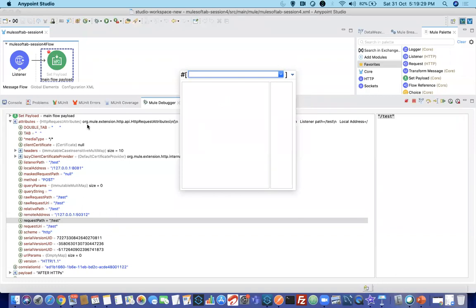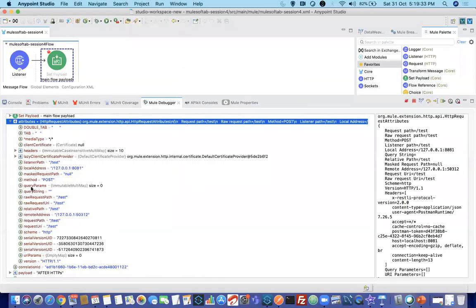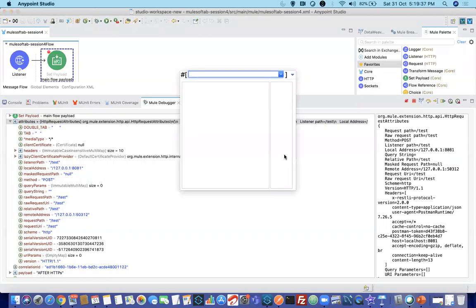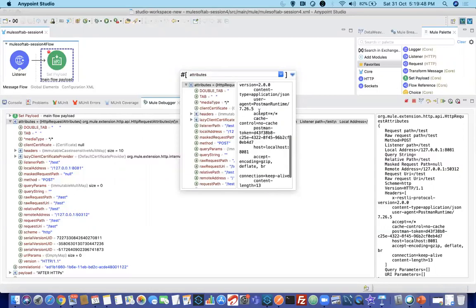Now, you don't know how to get the value of request path. So simple, you follow this indentation. Attributes, and within that, whichever value you want, you follow by dot. I'll show you with x plus y. First type attributes, and when you click enter, you'll get all the details.